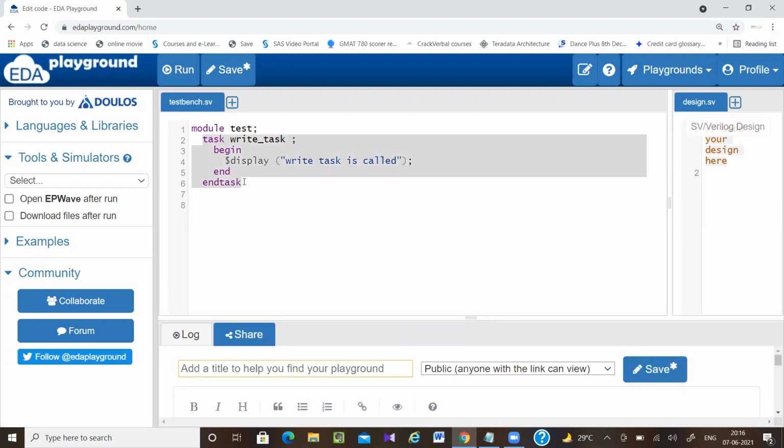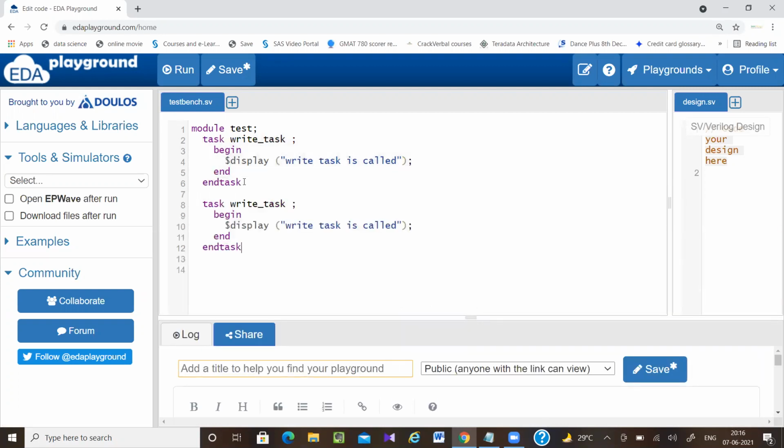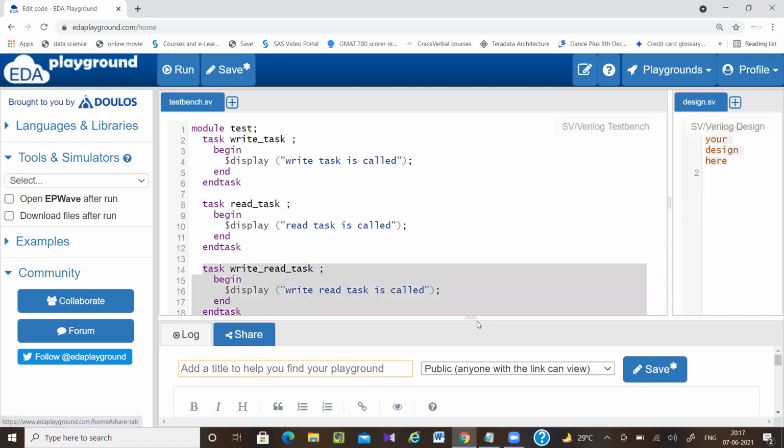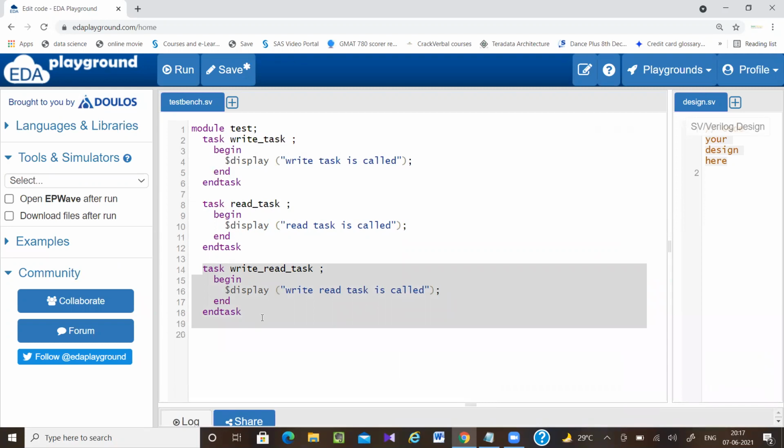Inside the tasks, according to your requirement, you can write any logic. Now my requirement is that I just want to run this test case. So how can I run it? Initial begin, I have to call that task.